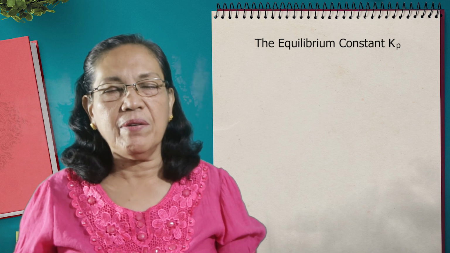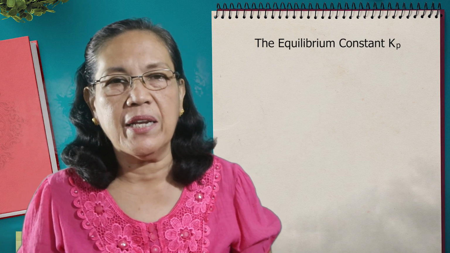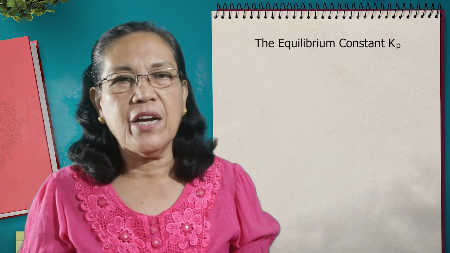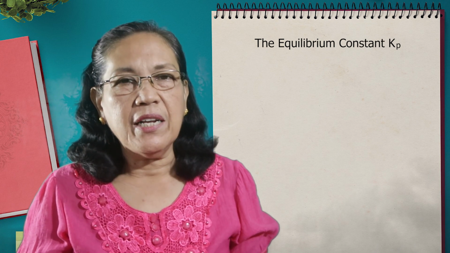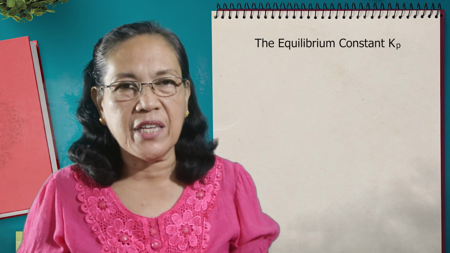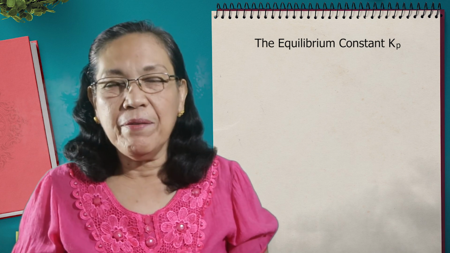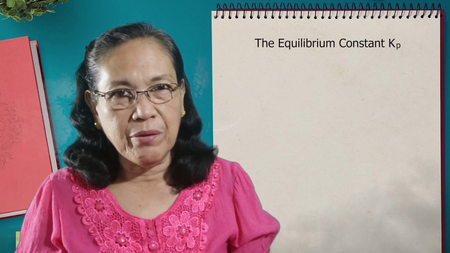That's why in the general formula, you have K sub P equals the partial pressure of Y raised to the exponent y times the partial pressure of Z raised to the exponent z, divided by the partial pressure of W